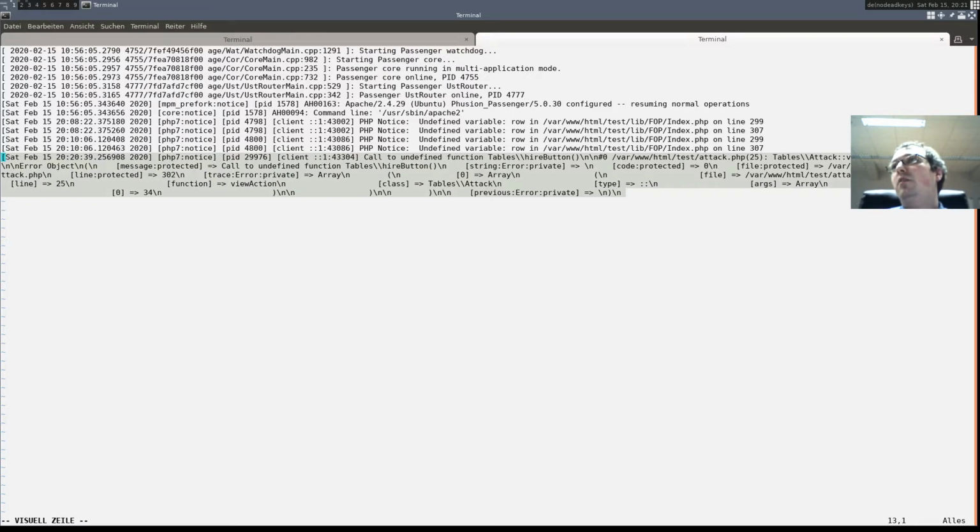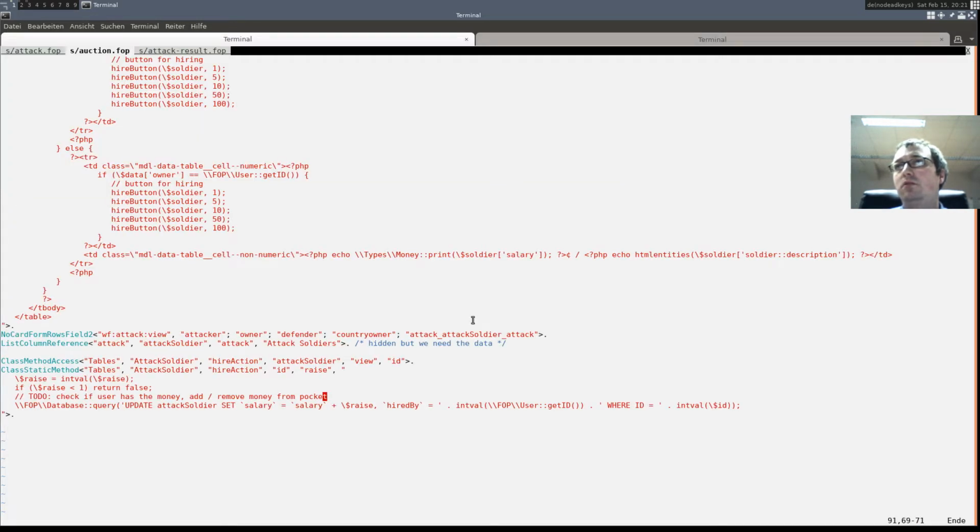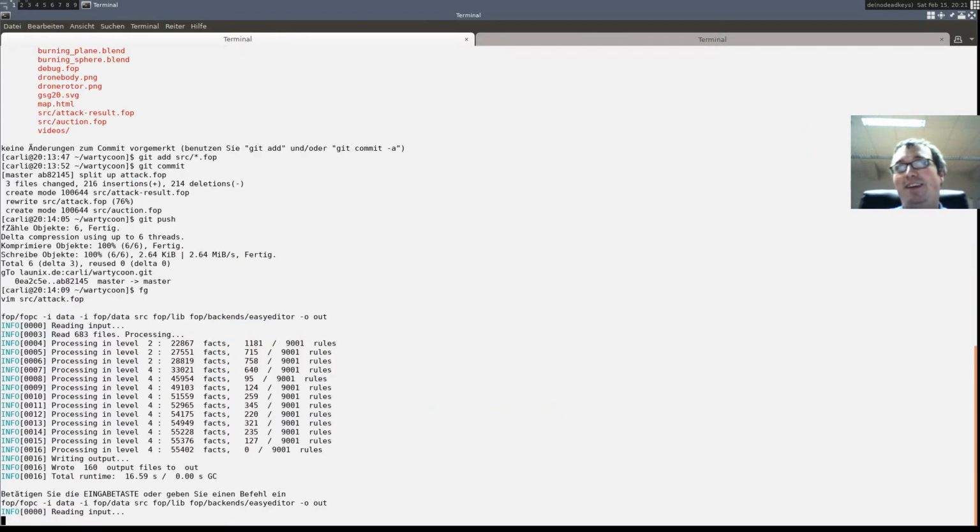Call to undefined action hire button. Of course, because we store hire button in a variable, so we have to say $hire button. Or should I say pound, because I'm speaking in British accent.